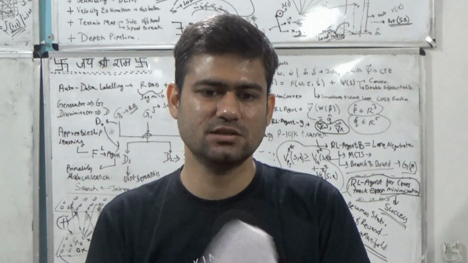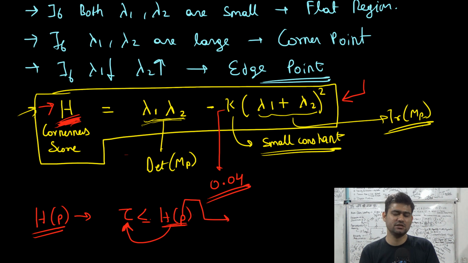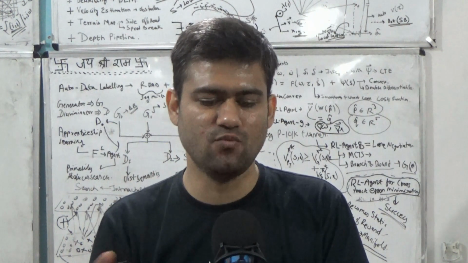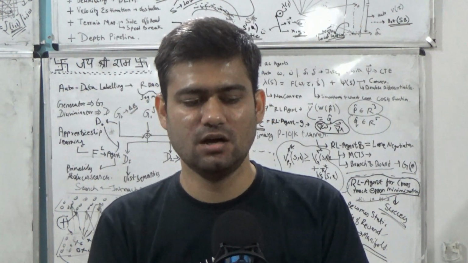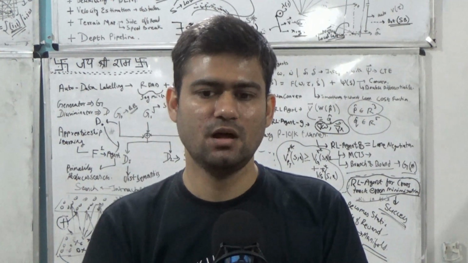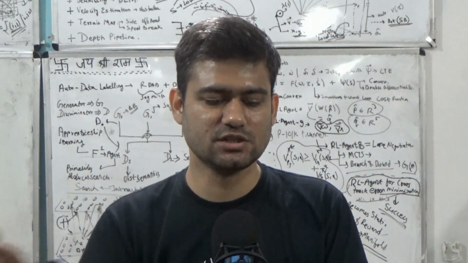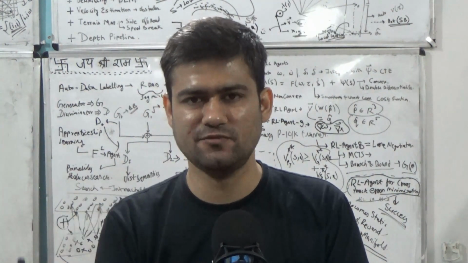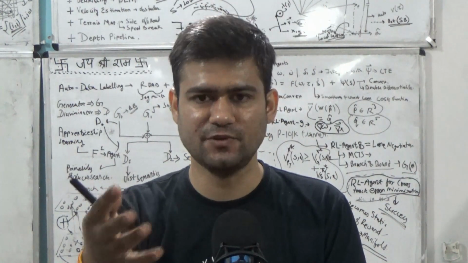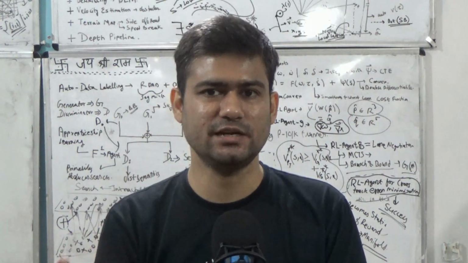Next we will discuss the graphical representation, the contours of this cornerness score function, and try to understand why this particular score function, using a graph. But formally, this completes the entire mathematical discussion of the Harris corner detection algorithm. Next we'll present the contours of this function H graphically, and then we'll conclude everything about the Harris corner detection algorithm.